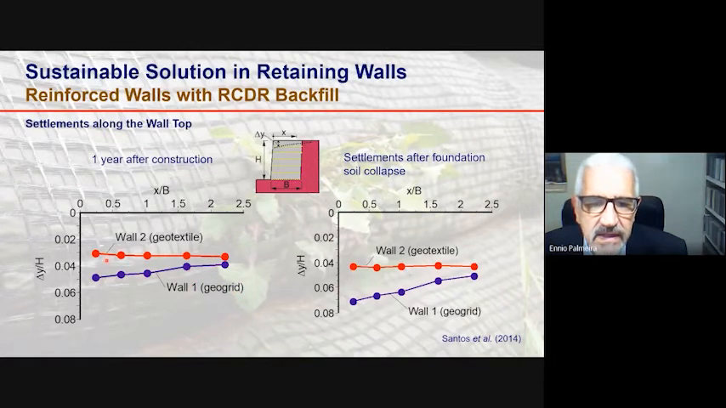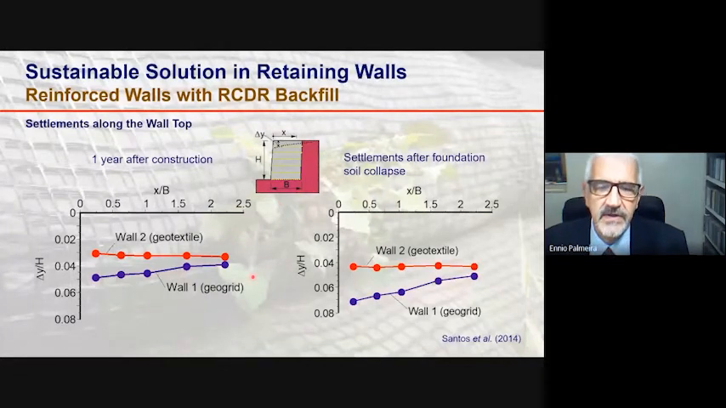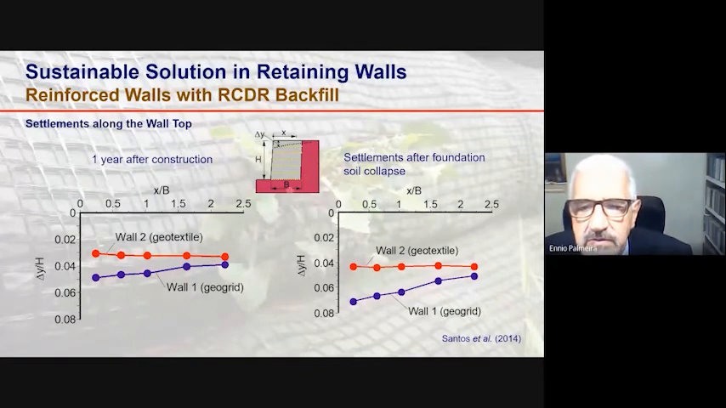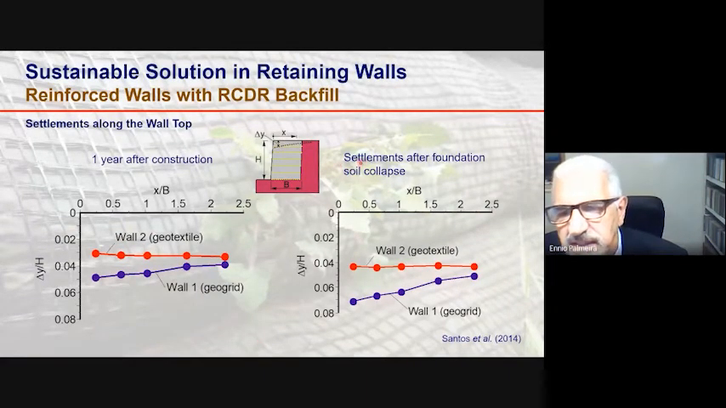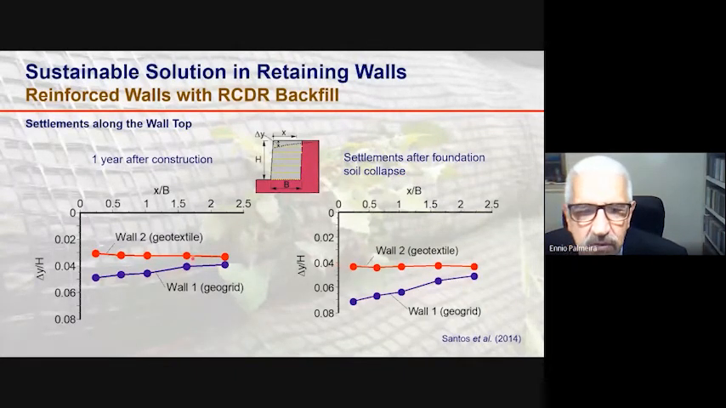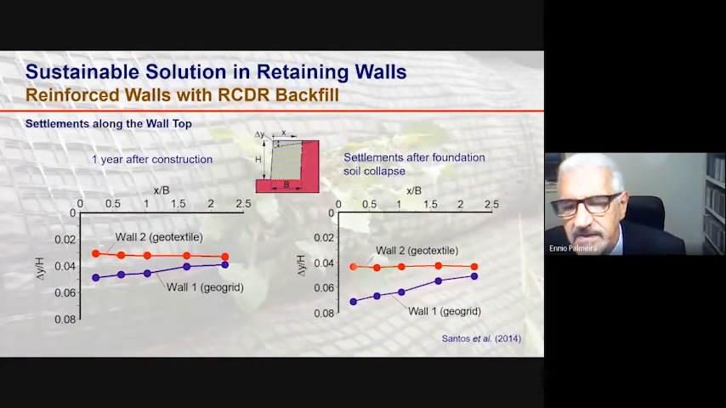reinforced with geogrid, greater settlements, but these greater settlements were caused by the greater collapsibility and greater compressibility of the soil of the foundation beneath wall 1. So the foundation soil under wall 1 was more compressible than under wall 2. And here you see the settlement after the foundation soil collapse caused by the inundation of the foundation soil. So you see a significant increase in settlements caused by the collapse of the foundation soil, but still